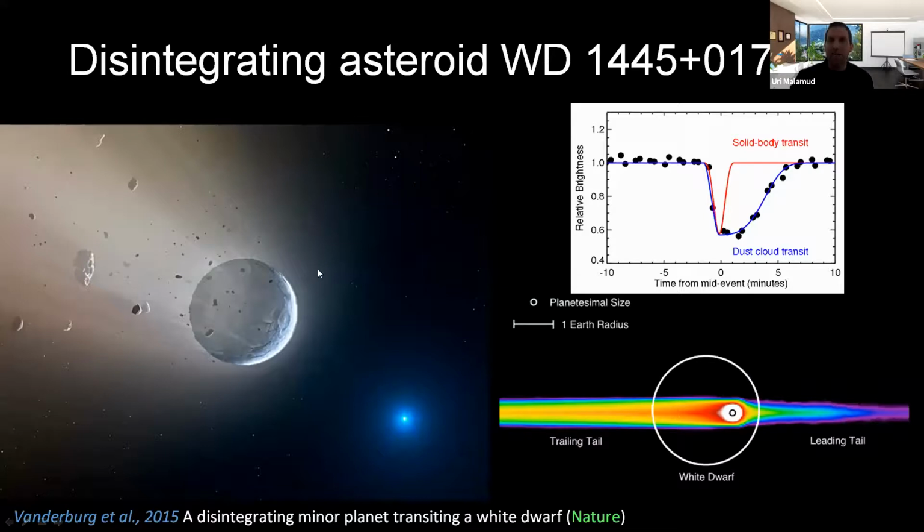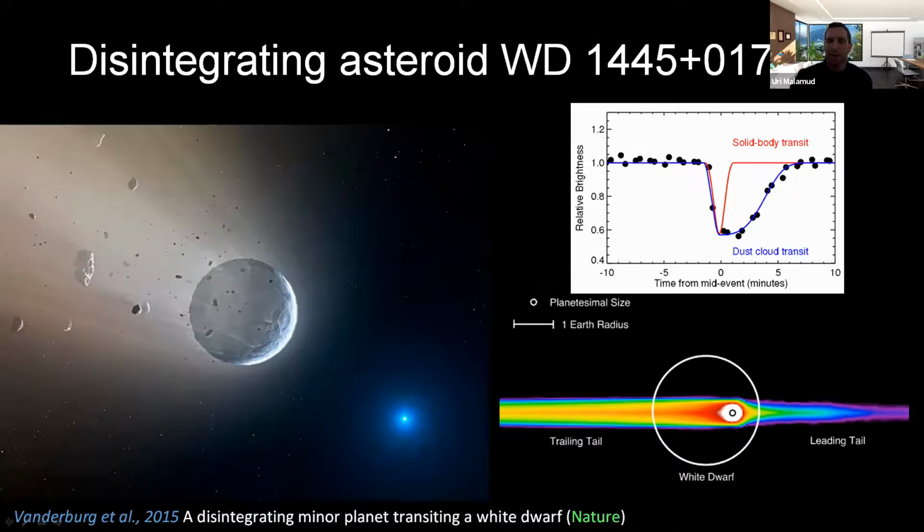It's actually the first transit that you see in a white dwarf. Every 4.5 hours, you see this dip in the light curve, and it has an asymmetric morphology, which means that it's maybe not a spherical object, but something that looks like a comet. It has a halo and a tail, at least this is how it is modeled.